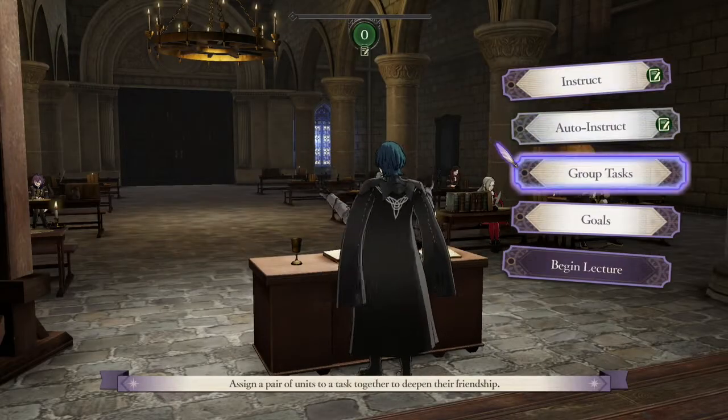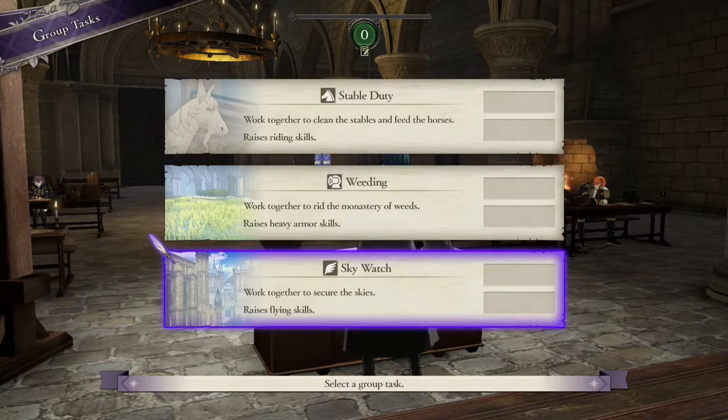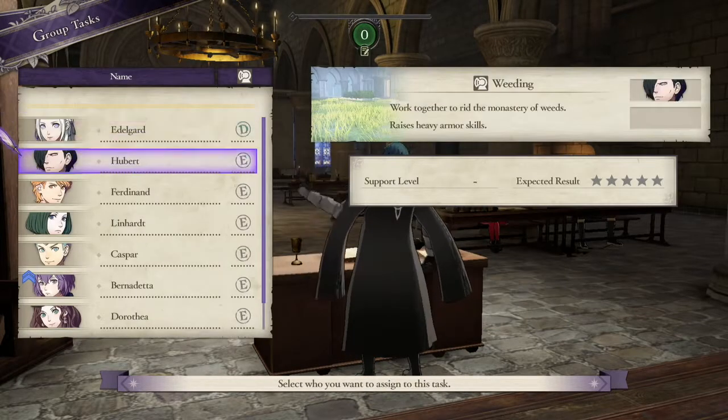So, okay, then, you can't use auto-instruct anymore because it's already done. We go to group tasks. So you can assign 1 group task per week, which means 2 students will work on a task together. You can do Stable Duty, which raises riding, Reading, which does heavy armor, and Skywatch, which does flying. I'm going to work on heavy armor with Edelgard, and